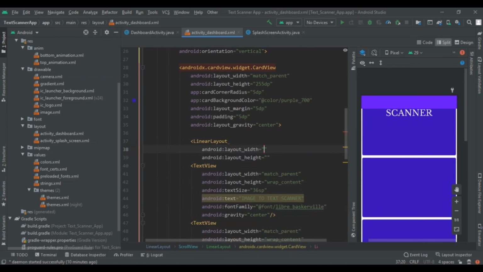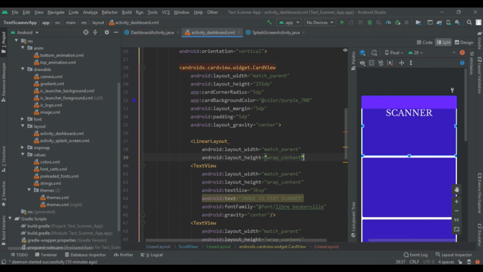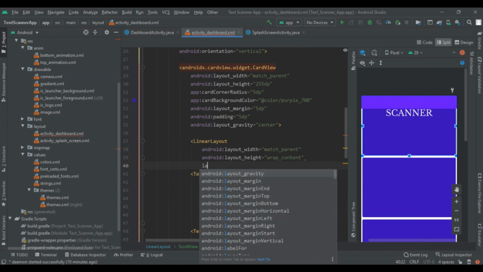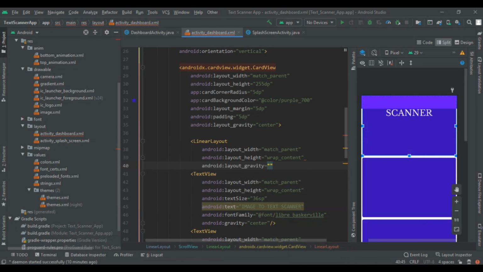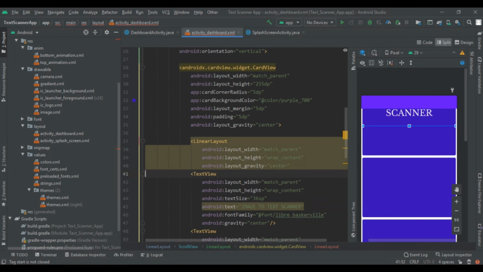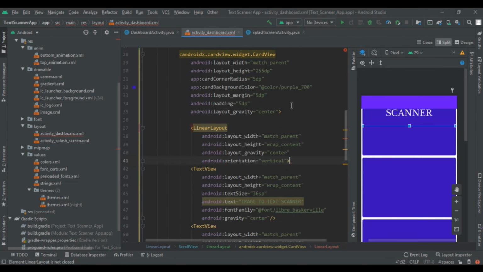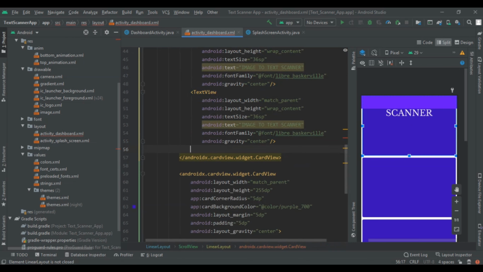So linear layout, width will be match parent, height will be wrap content, layout gravity will be center, and then give its orientation, which will be vertical, and then close this code and remove this closing linear layout from here and paste it below the ending of our card view.